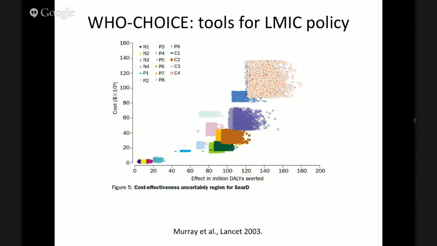Now, about 15 years ago, Chris Murray and colleagues at the WHO developed a series of tools extending the idea of cost effectiveness and generalizing it to look more at policies. They began to think not so much in terms of the incremental cost of certain interventions, but what are the total costs and total benefits of doing a whole public health program. So for instance, this study